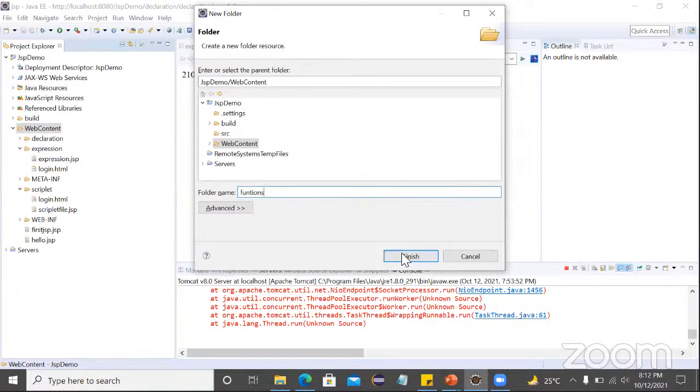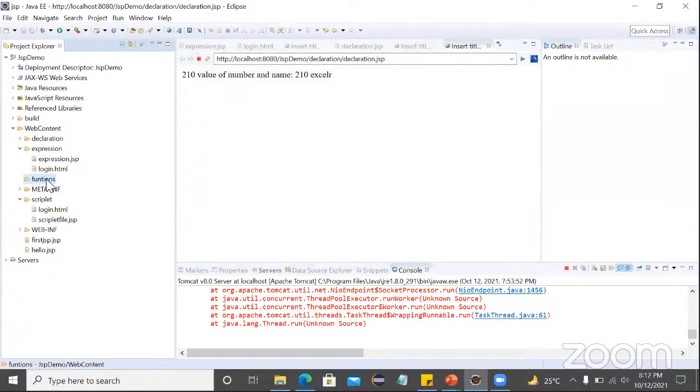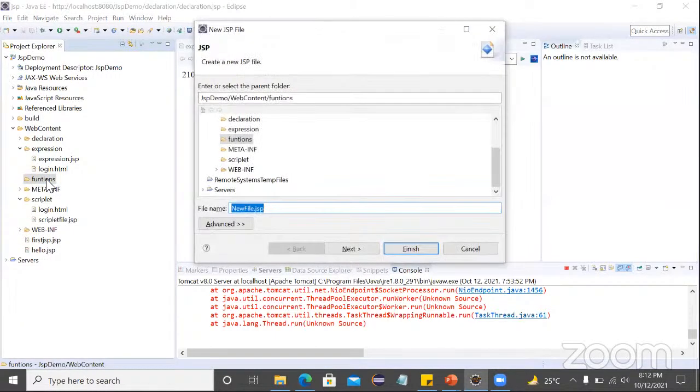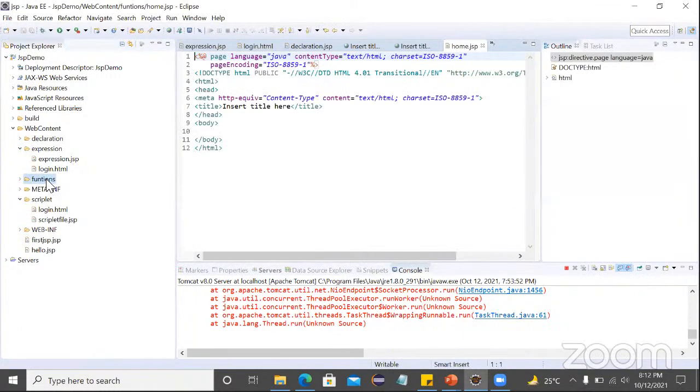Right click on this folder and create one JSP file, and let me name it home page. In the home page, inside the body tag,